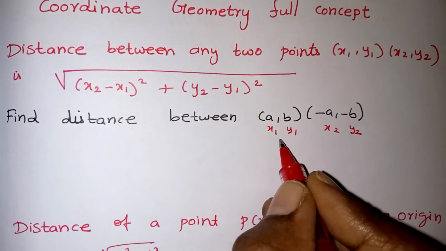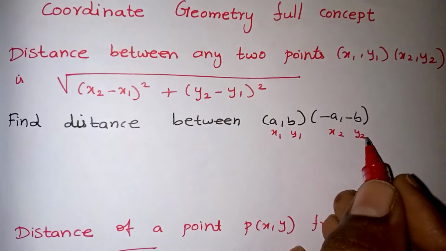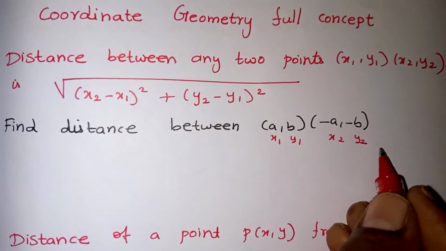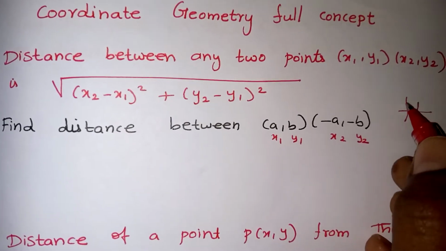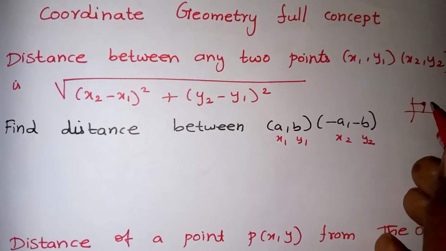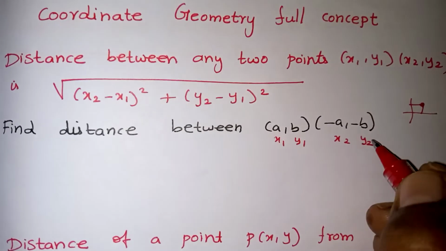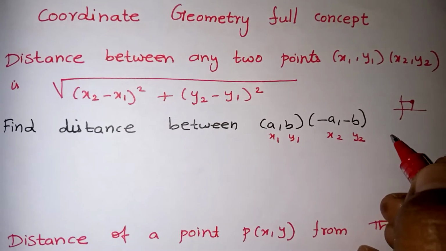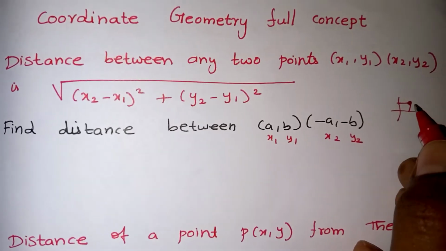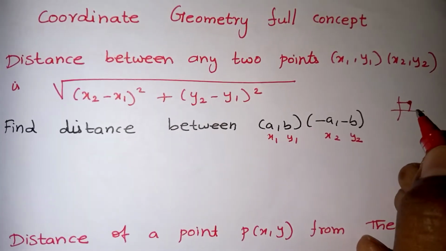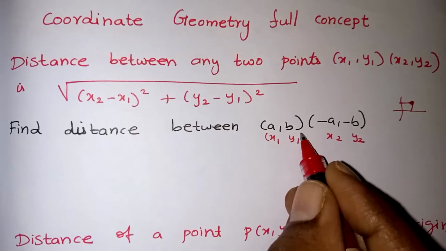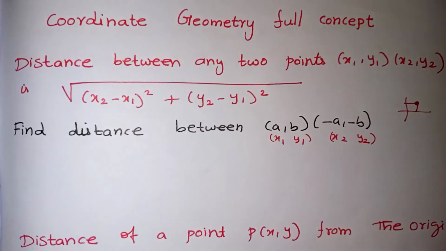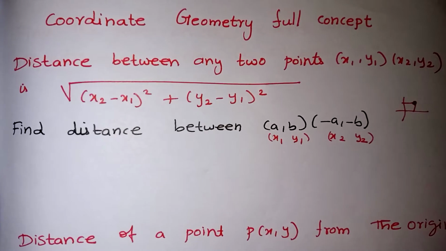They take x1, x2 as one point and y1, y2 as the other. That is impossible on the graph paper. On the graph sheet, one coordinate should come from the x-axis and the next from the y-axis; only then can we form a point. If you put x and x together, or y and y together, it is not possible to place a point. So keep it in your mind: x and y together only can form a point. So we write it as x1, y1, x2, y2.